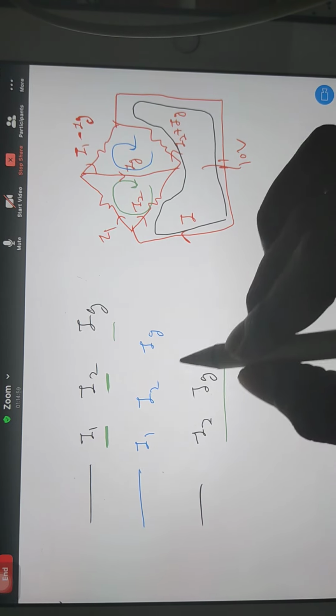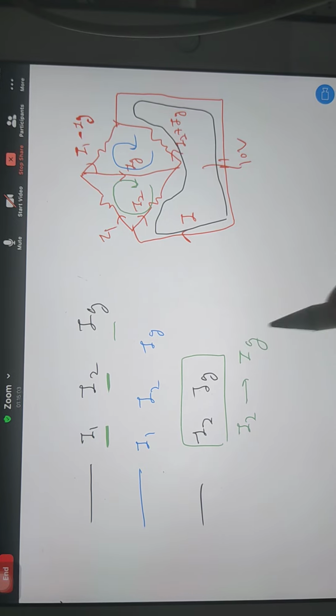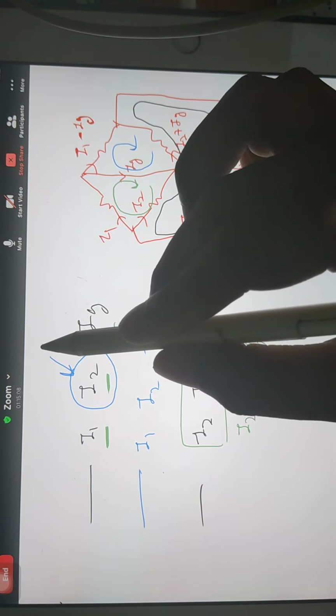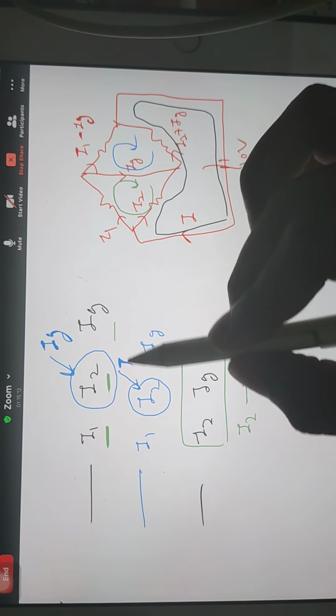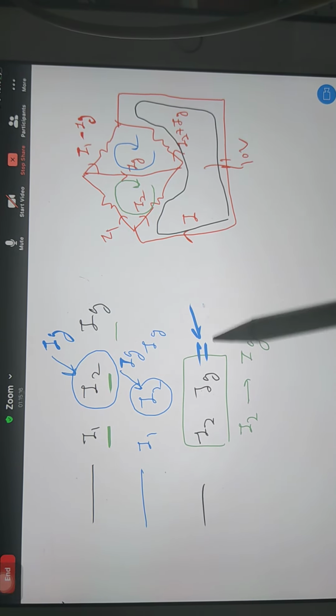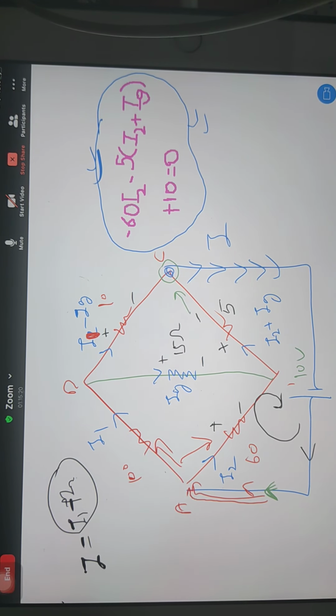Here from this equation you find I2 in terms of Ig. So in the first equation you have I2, replace that in terms of Ig. In the second equation you have I2, replace that by Ig. How will you find this Ig value? By using the third equation, right? Where was the third equation? We got the third equation here.